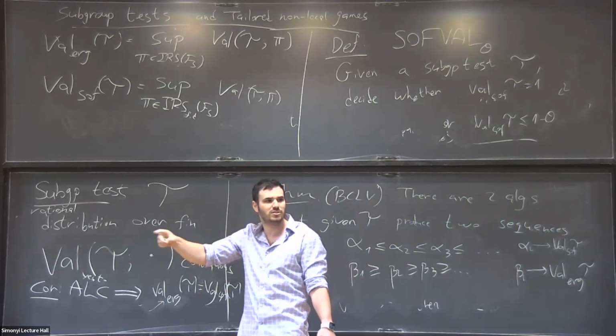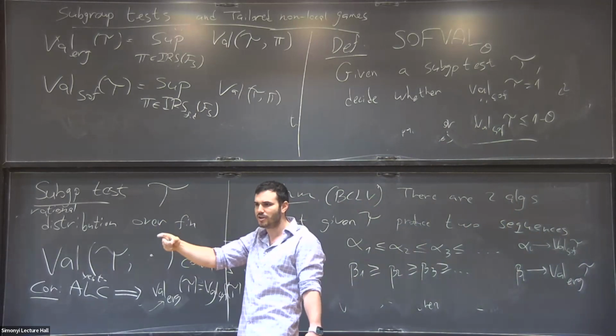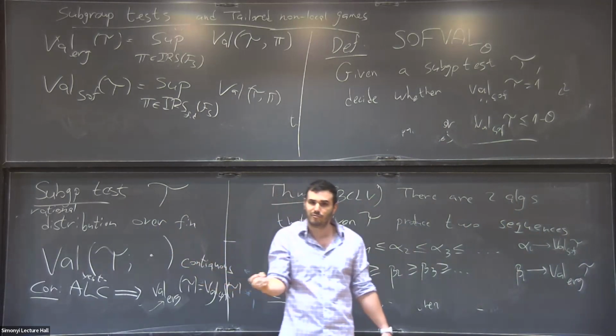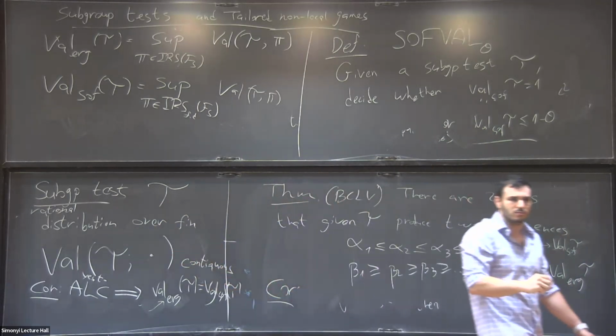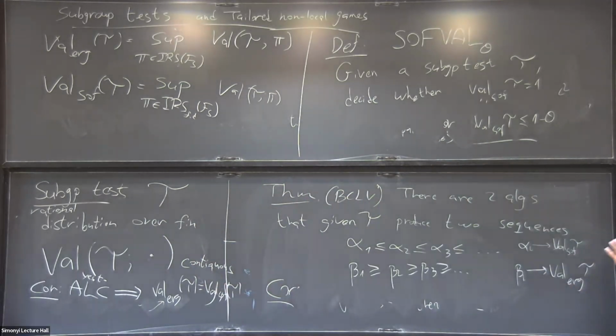So we'll see the reduction is not as good as in the MIP star case, where you can actually reduce to 1/2, because we don't have parallel repetition. That was a remark for the experts, but you will see later that this will play a role. You don't necessarily need parallel repetition; you can change the model such that you have sequential